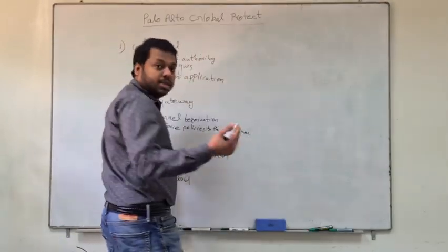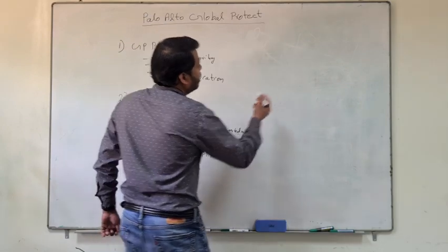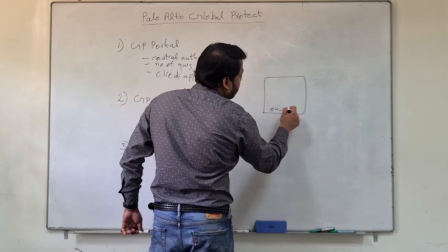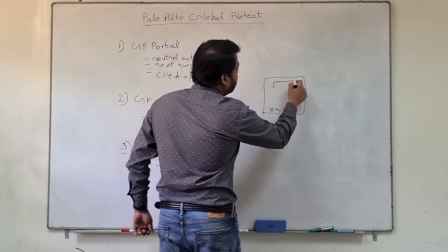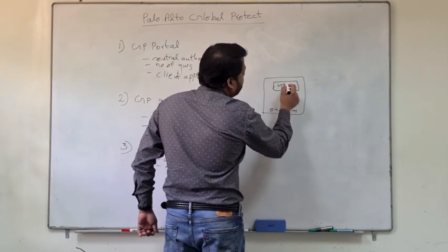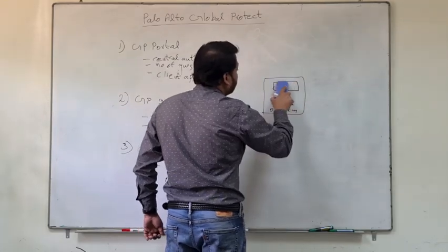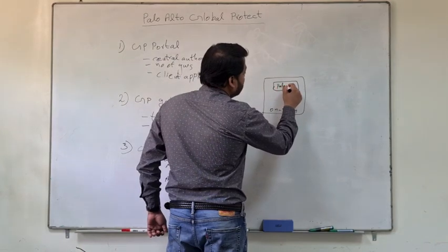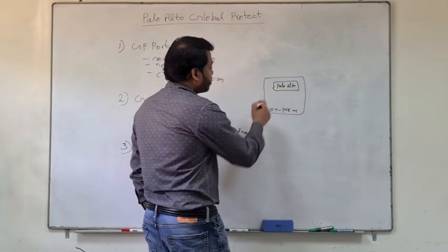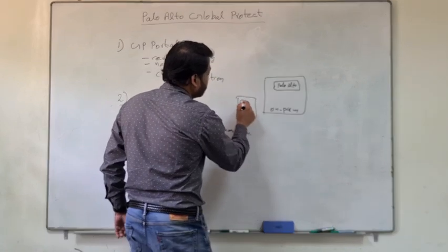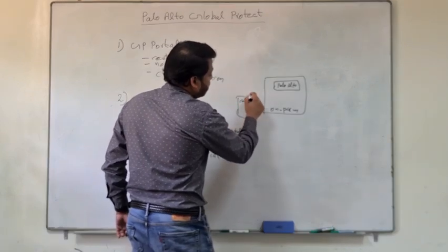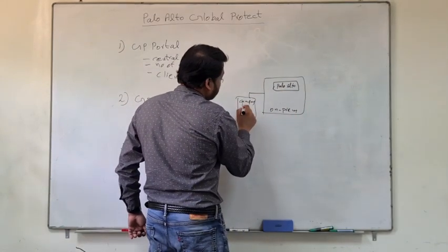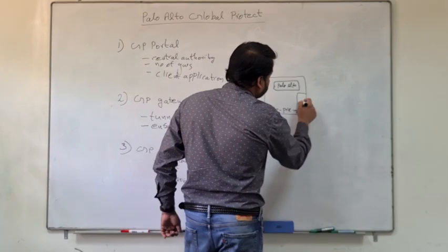So let me explain this. What was his existing environment at that time? He had an on-prem data center plus campus where he had a Palo Alto hardware box in HA, and there are users, the campus is connected there, and there are users sitting here, and the data center is here itself.